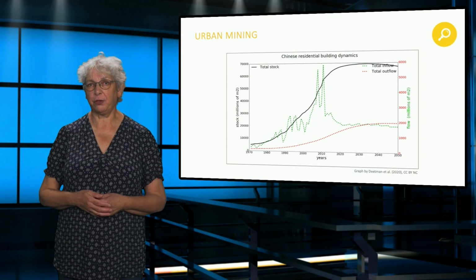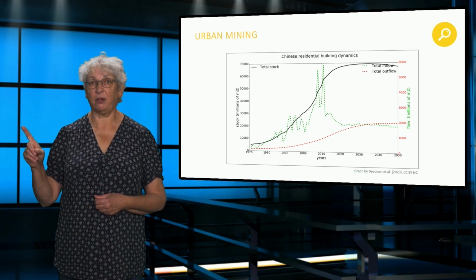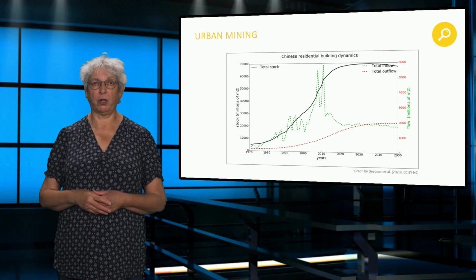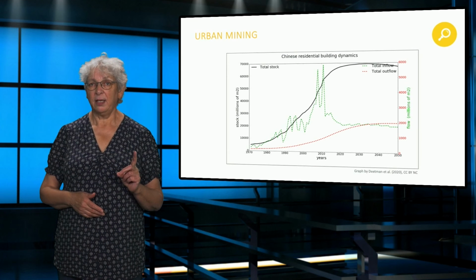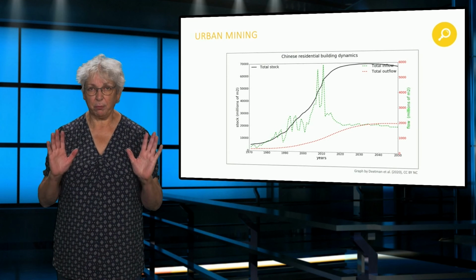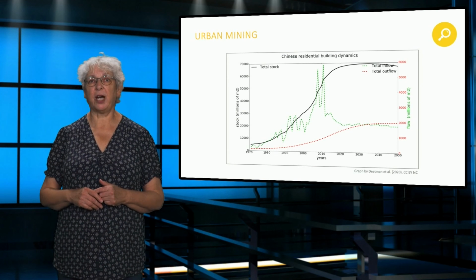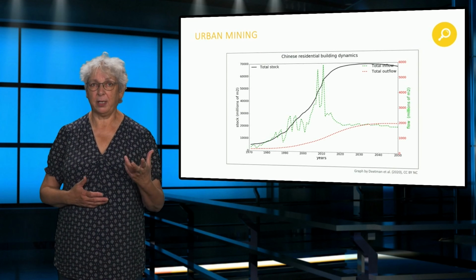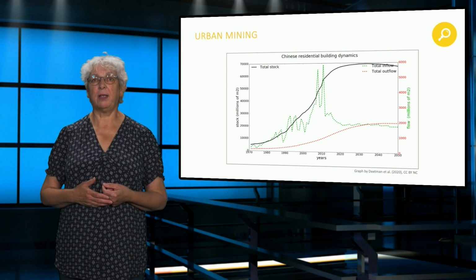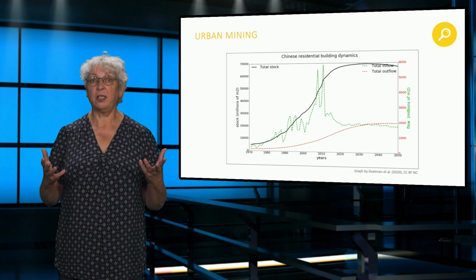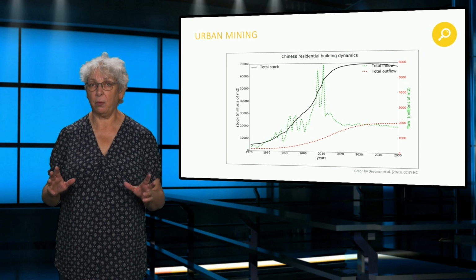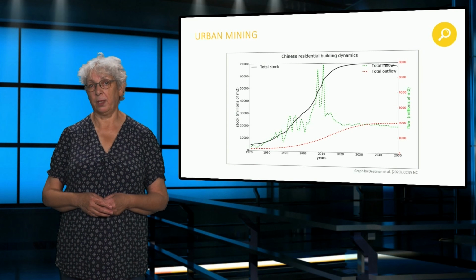So, two conditions for circularity. The first is that the stock stops growing, that it saturates. That happens when population no longer grows. The second is that all of the outflow, or as much as possible, is recycled or reused in some way. So, go for the urban mine in a big way. Then, and only then, is it possible to drop primary production to a very much lower level.